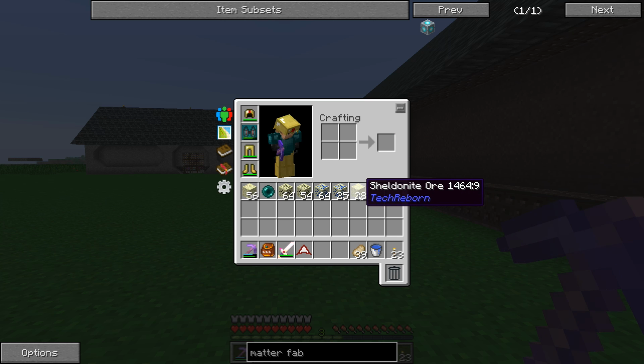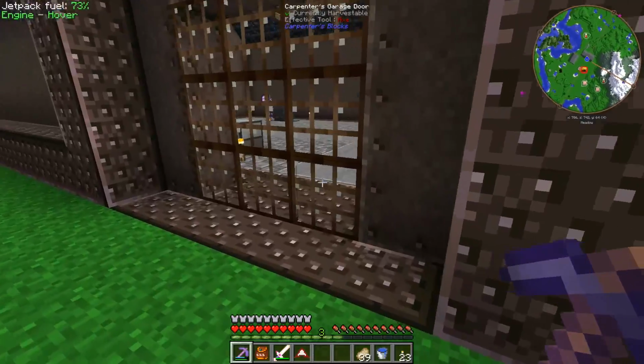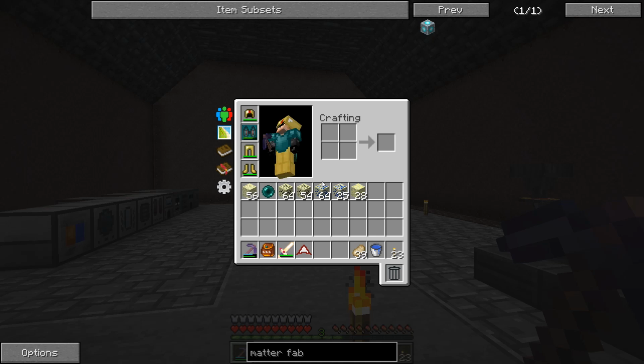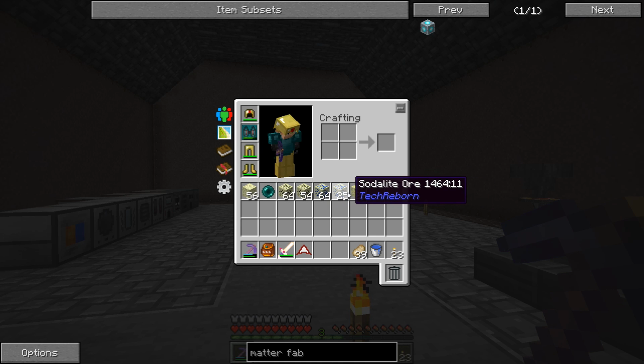And this sheldonite ore, there is no way to get it. It's only spawned in the end. And once you use it, it's gone, as far as I can tell. I don't think it would show up on the NEI and how to get it from the laser drill if you could get it that way, right? So I think setting up the laser drill is something we're going to have to do in the future, probably